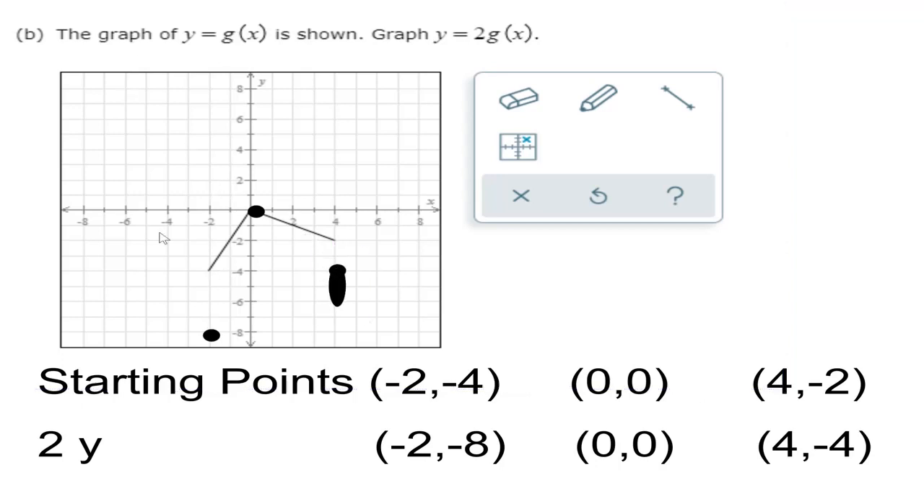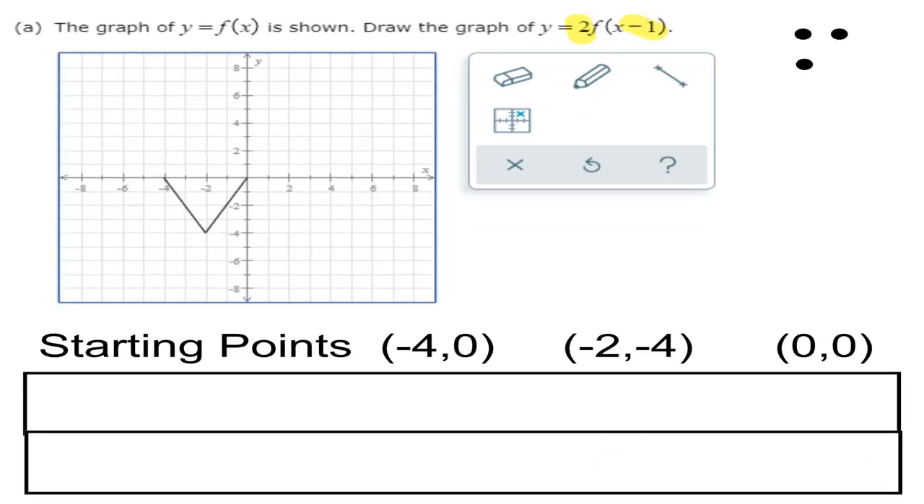Connect those with lines. And there's my new graph. And the next 4 problems are going to be the more complicated ones. This is the last topic in the list, and it's because there's 2 transformations I have to do to each